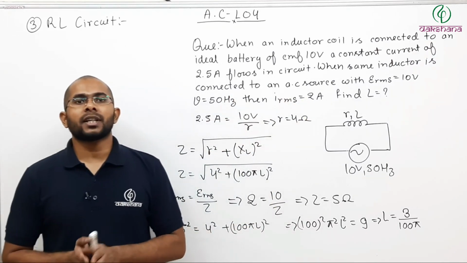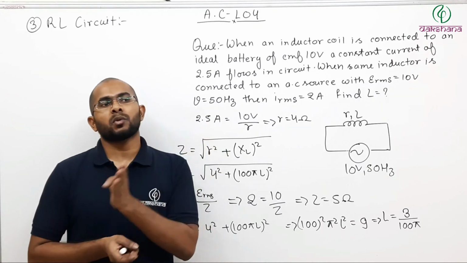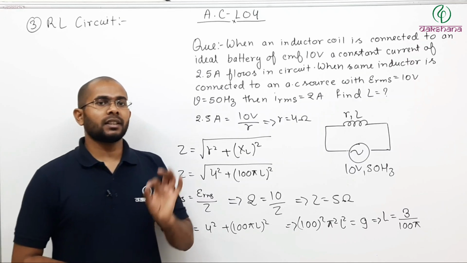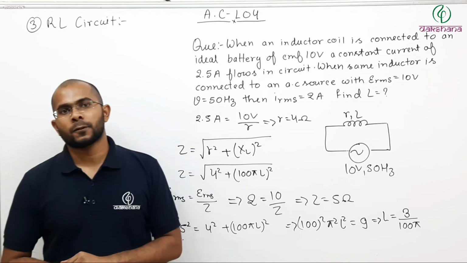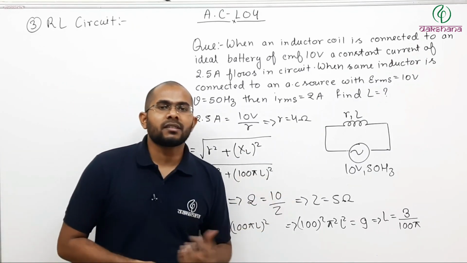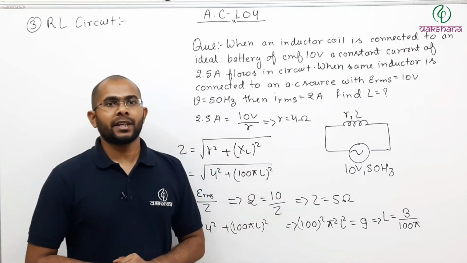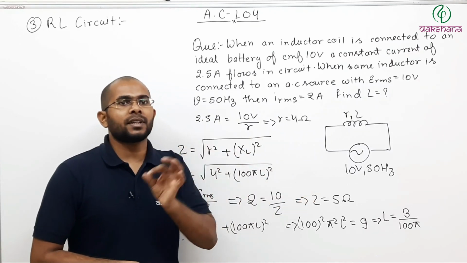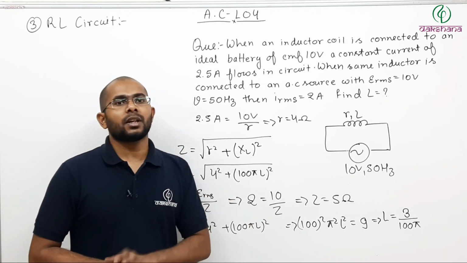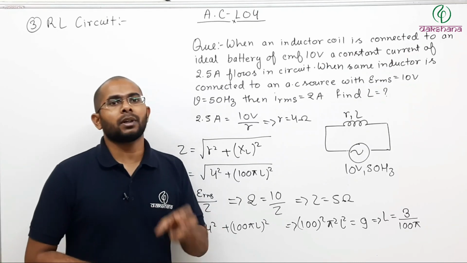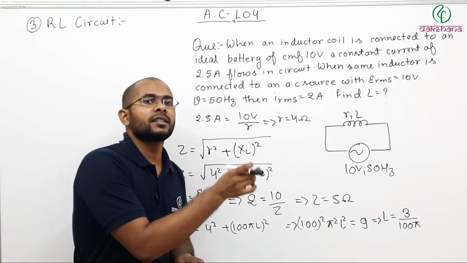We have also seen what is an RC circuit. What is RC circuit? A resistor and a capacitor connected to an AC source. We have also seen an RL circuit, that is R and inductor connected across an AC source. We have seen that in case of these circuits, power developed is consumed in a resistor, meaning the inductor itself does not consume any power, and your capacitor also does not consume any power. So whatever power you get in an AC source, that power is consumed across your resistor.